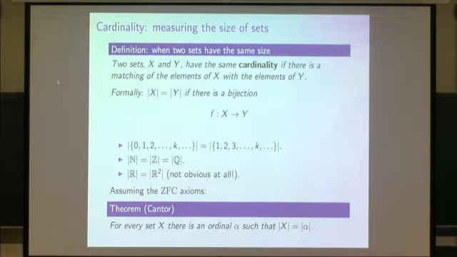So if you assume the ZFC axioms, then for every set x, there's an ordinal alpha such that the cardinality of x is the cardinality of alpha. So in that sense, the ordinals really do generalize the positive integers. The only subtlety is an ordinal can have the same size as a smaller ordinal. But for every ordinal, there's a least ordinal of that size. That's a cardinal. And those, in some sense, are another generalization of the counting numbers. I won't say much about that. Omega is a cardinal, omega plus 1 is not.